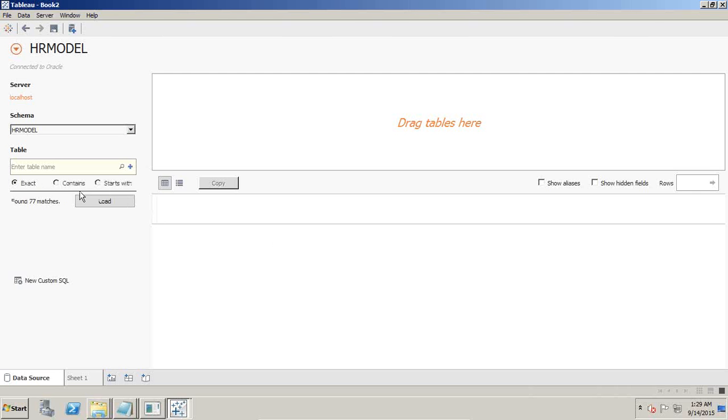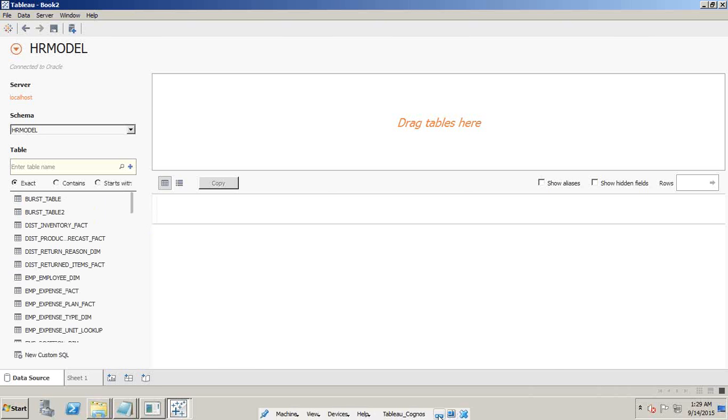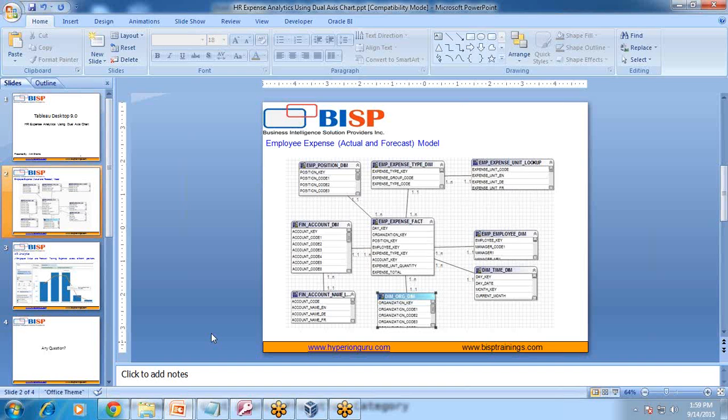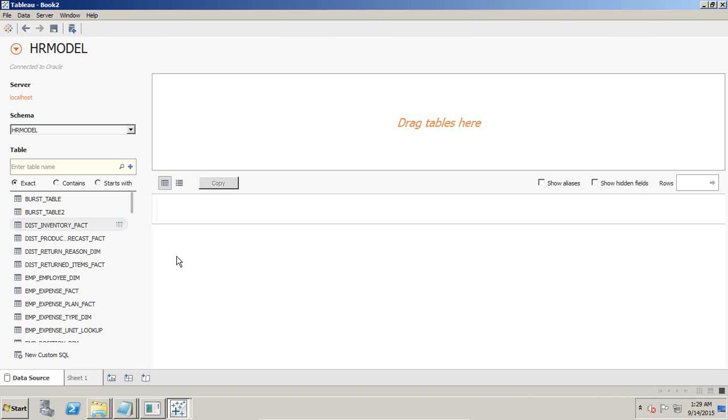Now to bring all the tables, there are multiple tables. There are 77 tables, consisting of dimensions and facts. By looking at the model, I'm going to design this model. I need an employee expense fact, employee expense type and employee expense lookup, and dimensions like employee dimension, time dimension, organization dimension, and finance and all. So simply drag and drop and build your model.